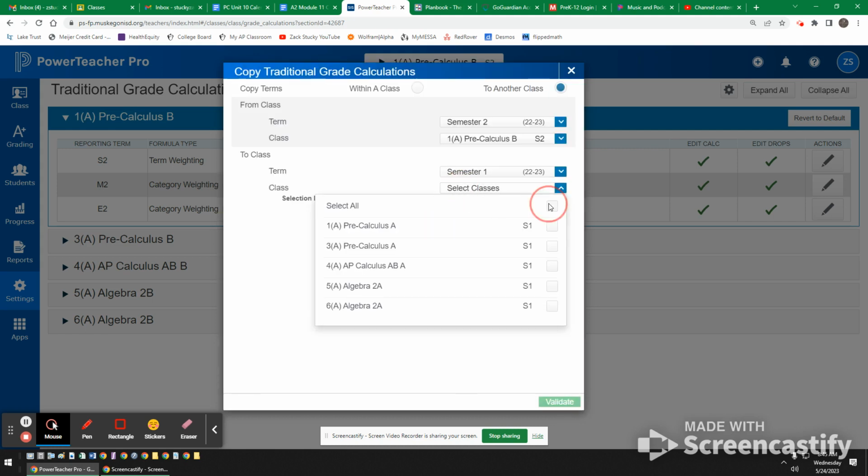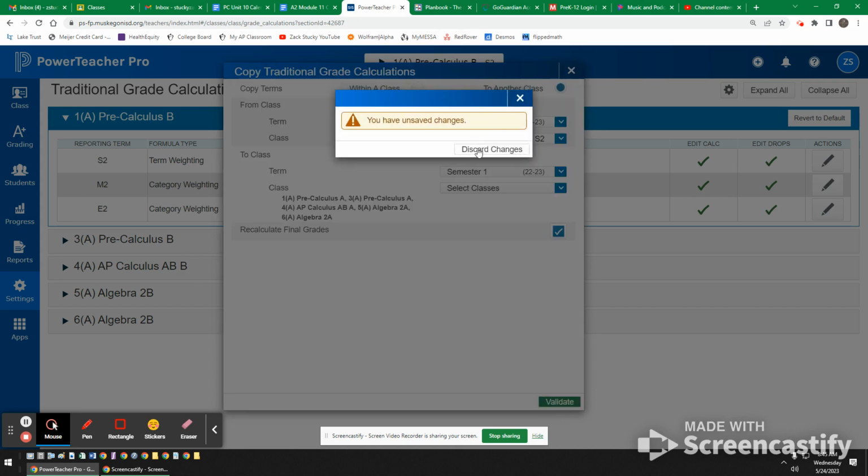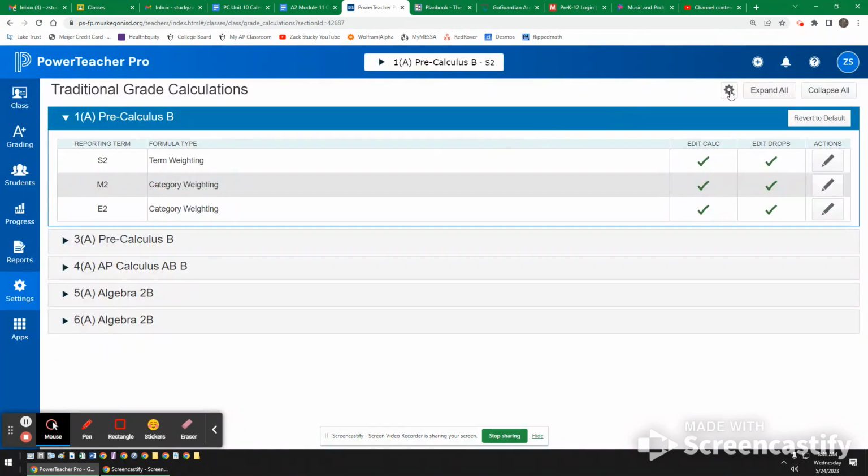I could click all my classes because all my classes have the same grading scale. And then I would hit validate. You would hit validate, I should say. I'm not going to do that because I don't want to change my grading scale. Now, I'd also recommend just do this in the fall and be done with it for the year. Go in and do that